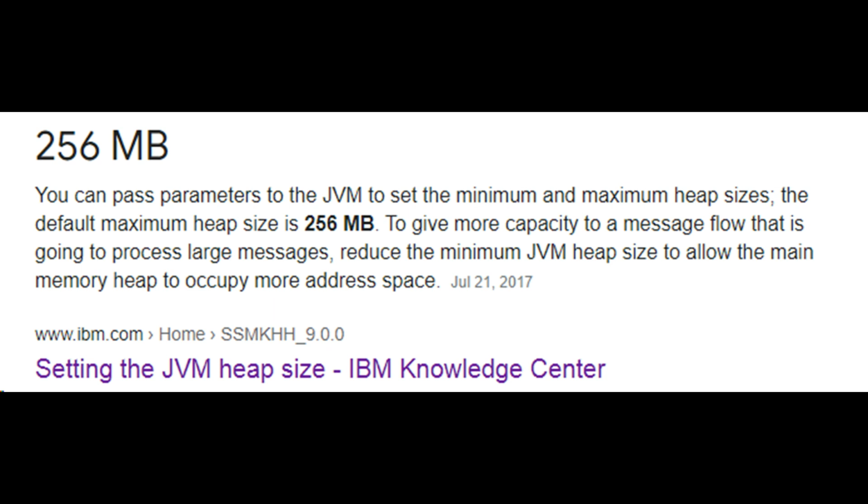You can assign a minimum value and a maximum value to that. Where can we do that? mqsichangeproperties, broker name, execution group name, and then you would say JVM manager, with the argument being min size and max size.